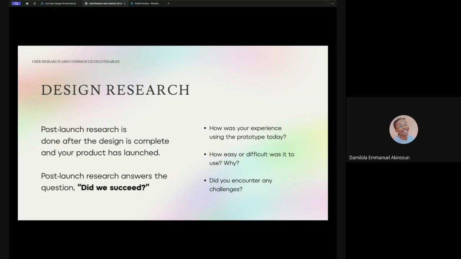Right. So basically, the goal of post-launch research is to understand how users experience the product, whether it was good or bad. You want to know, we've spent so much time, so much resources, so much energy building this product. Now that we've put it out there, we want to know, do you enjoy it? Do you understand how it's working? Is the experience good for you or not? All right. And another reason why this is important is that it helps to check your product's performance against